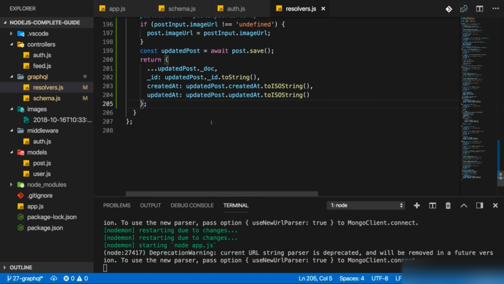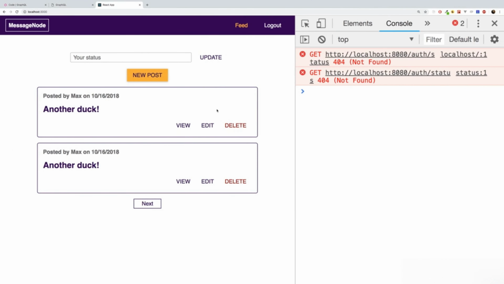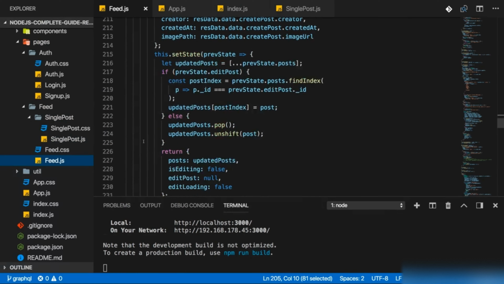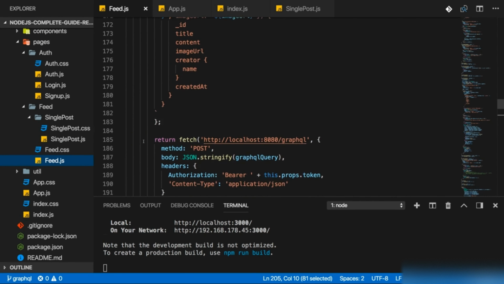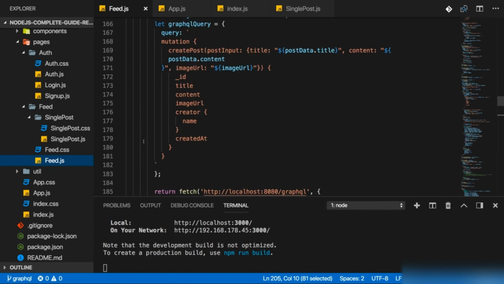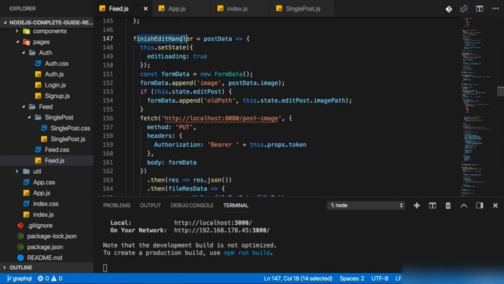With that, we got a resolver in place. We hopefully got everything in place we need. Let's now go on to our React application. And there, in feed.js, we need to find the finish added handler. So if we scroll down, in this function, in the finish added handler function,